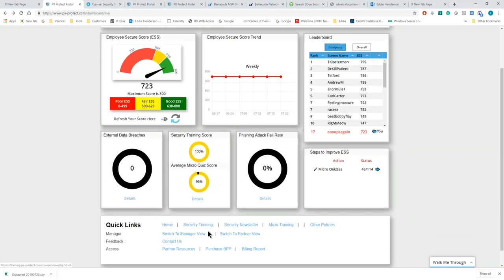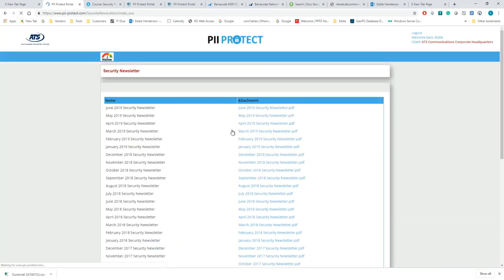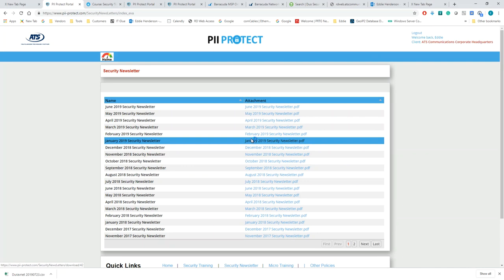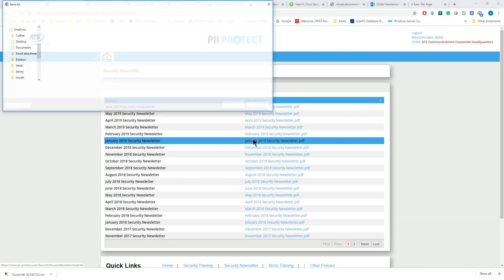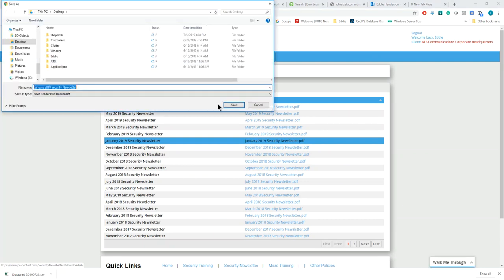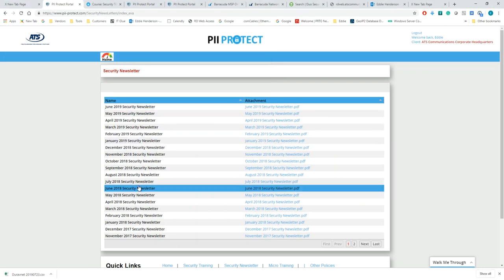A couple of quick things down here that we're going to review. On here, this is obviously to get you back to the home page. Security training is that once a year annual training. The security newsletter, if you want to go back and review any of the newsletters, you can actually come back in here and you can look at any of the newsletters that we have. You can simply download them, save them,